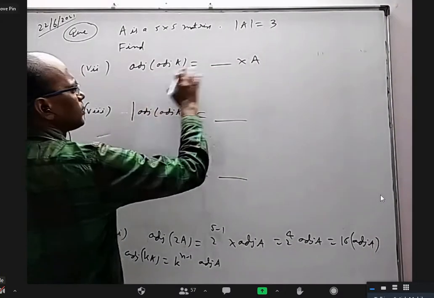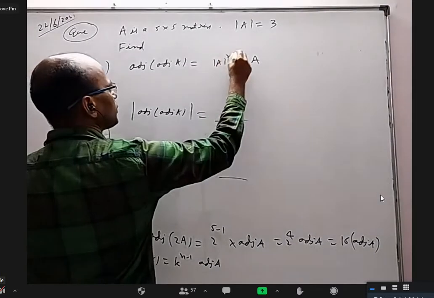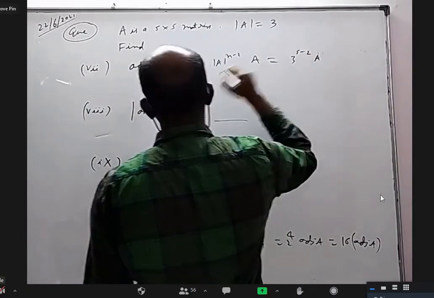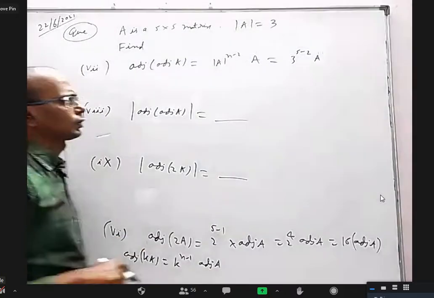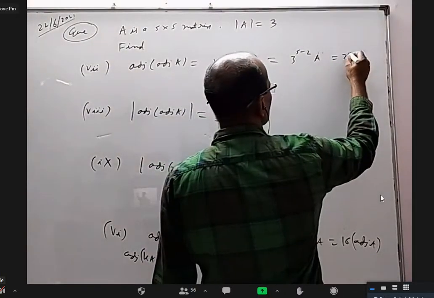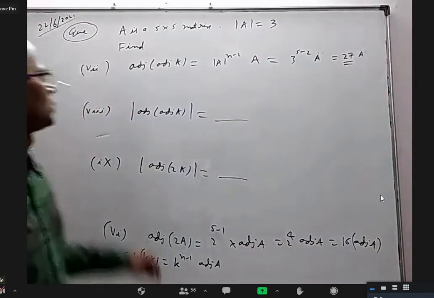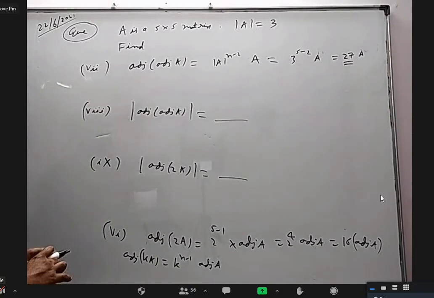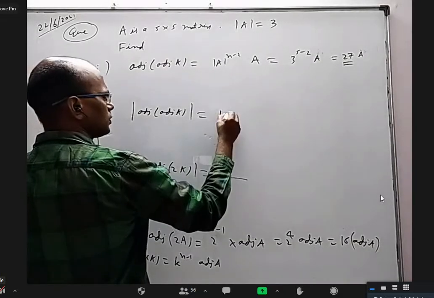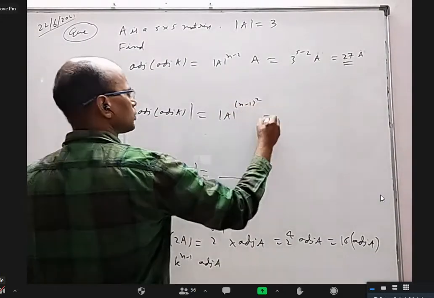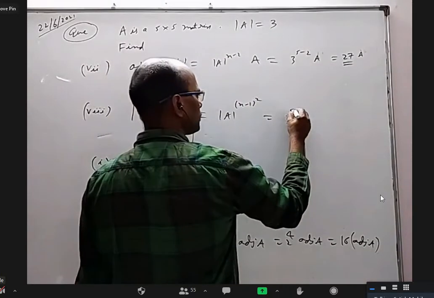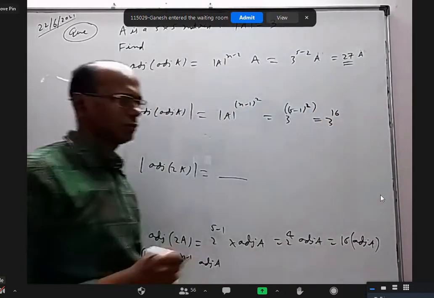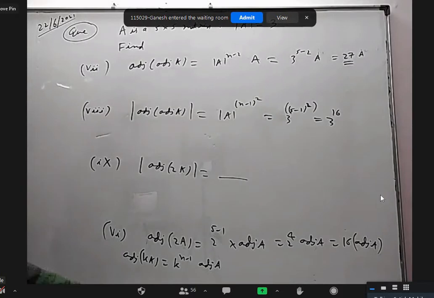Directly we have formula det A power n minus 2 into A for this. 3 power 5 minus 2, which is 27. The 7th one, 27 only, na? Yes, sir. 27. Yeah, this also we have det A power n minus 1 whole square, which is 3 power 5 minus 1 whole square. 3 power 16, sir. 3 power 16. And obviously don't worry about what is the value of 3 power 16, okay?